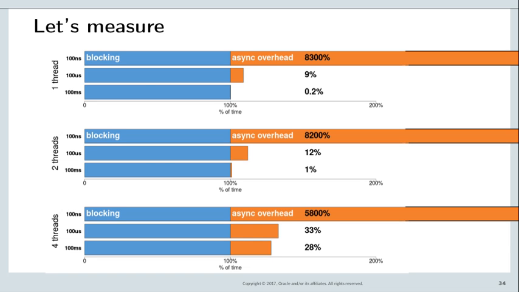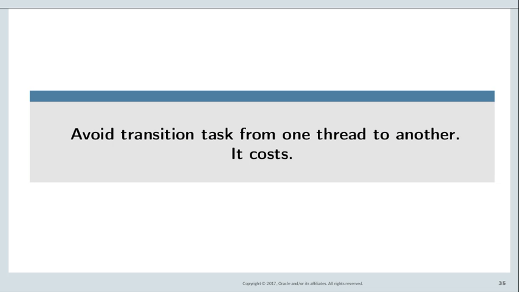It's quite a large number just to drop it off. And that is caused by task transition from one thread to another. It always costs. Maybe it's small, it may be large, but if you want really high performance